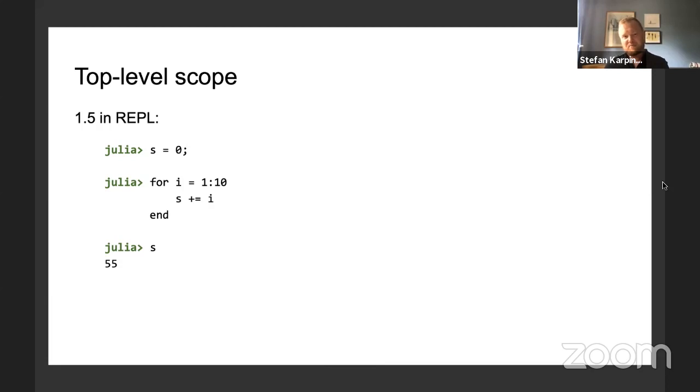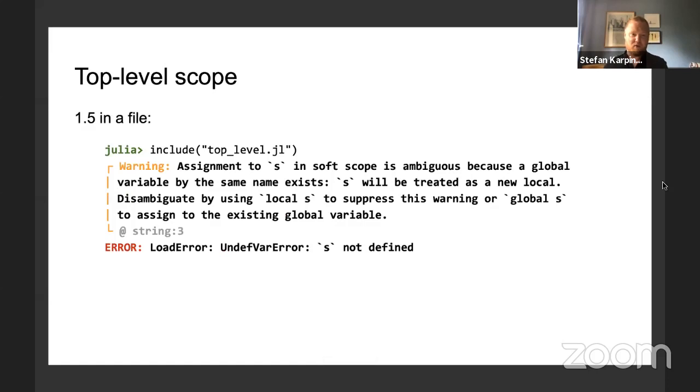However, we don't want to break code that's out there. And also we like the fact that you don't accidentally clobber globals if you assign to them inside of a for loop in some other file, or somewhere later in the same file. So in a file, you get this very clear warning that says that this situation is ambiguous. The reason it's ambiguous is because it's unclear whether the S inside the loop should be a new local or overwrite the global. So now you have a warning and you have to say either that it is explicitly a local S or a global S to silence the warning.